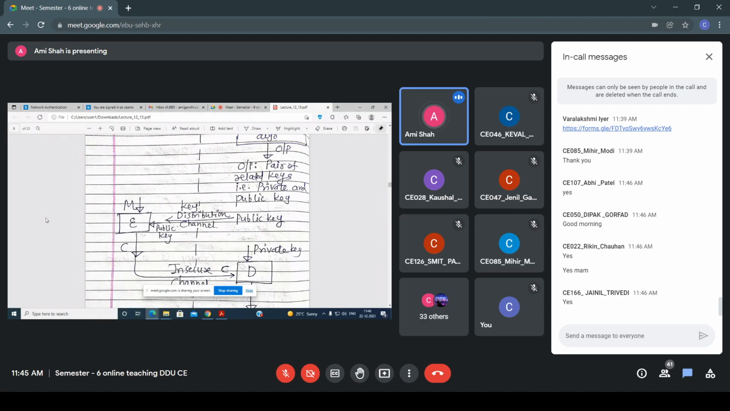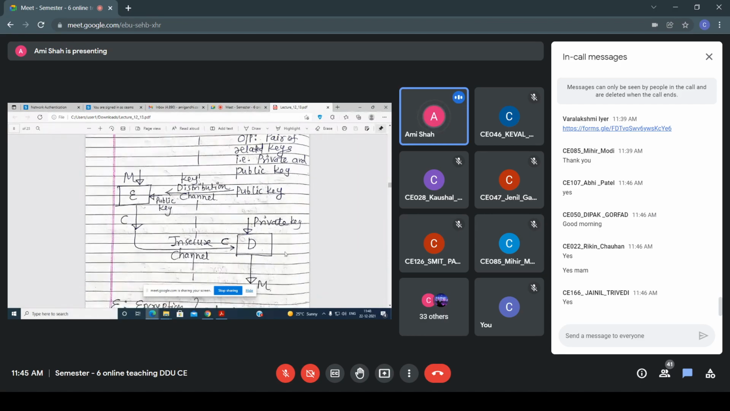Now after that, what happens? On Bob's side, once the encryption is done, the ciphertext is sent to Bob, and with the help of this private key,